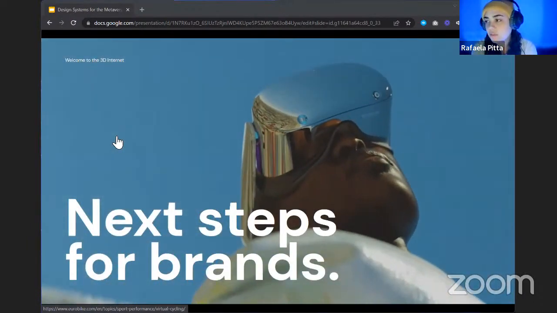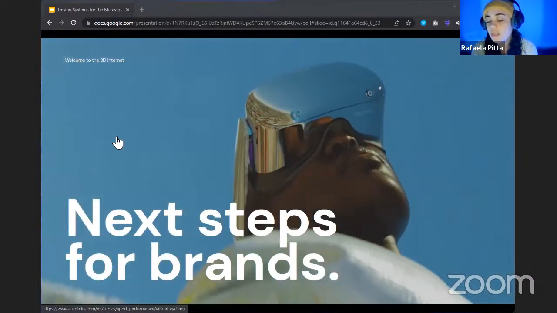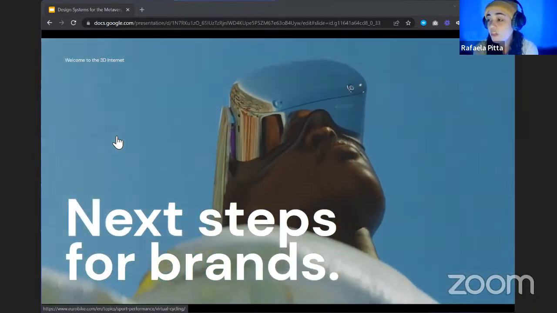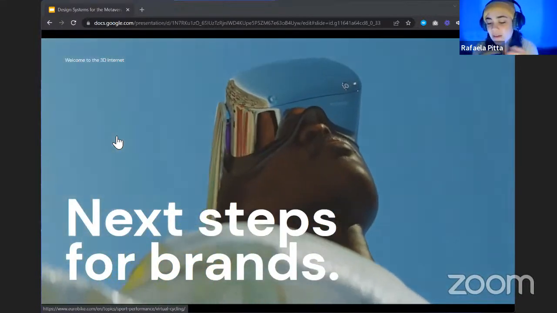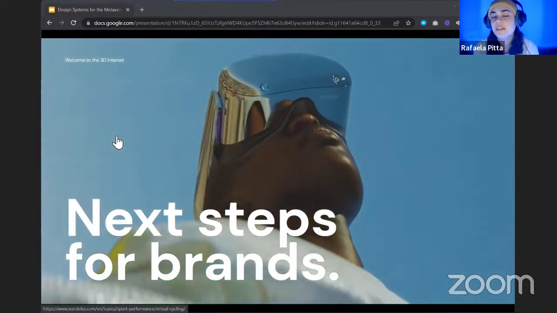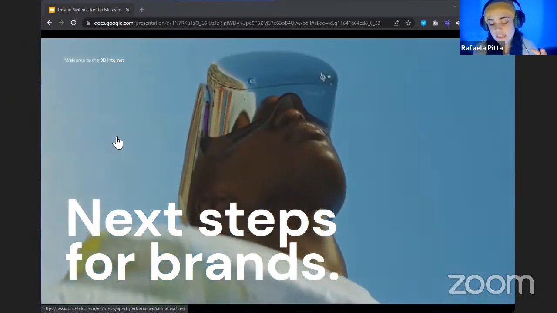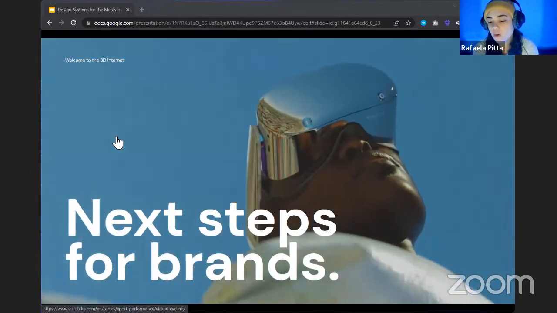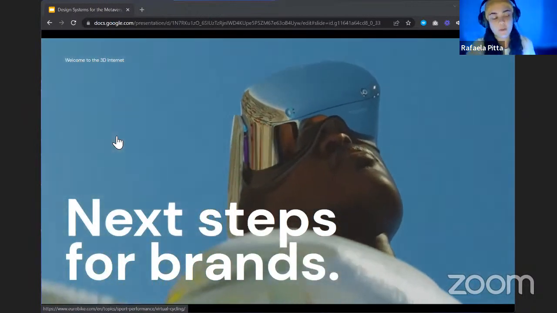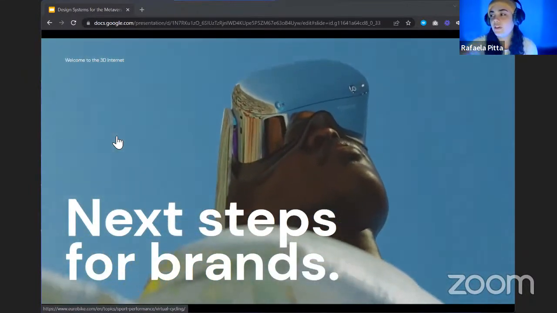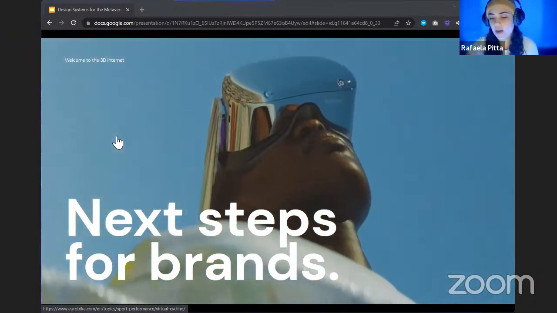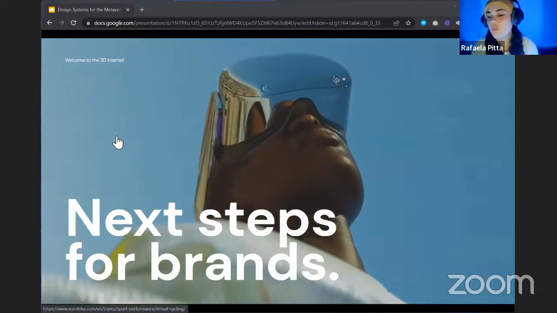And actually, the next steps for the brands are very obvious, but I think we need to move quickly. We need to understand the basic elements of the life that we have in real life, which create this amazing environment, and how we can replicate that in the metaverse. I think I feel like I'm in the real world because lots of things are happening. I'm always interacting with different objects. I can always touch something, and I can never bring something from nowhere to where I am right now. So if I don't have a cup in my room, I cannot just bring one here.